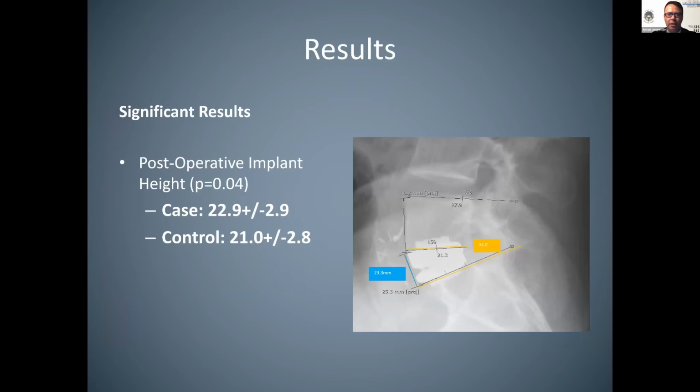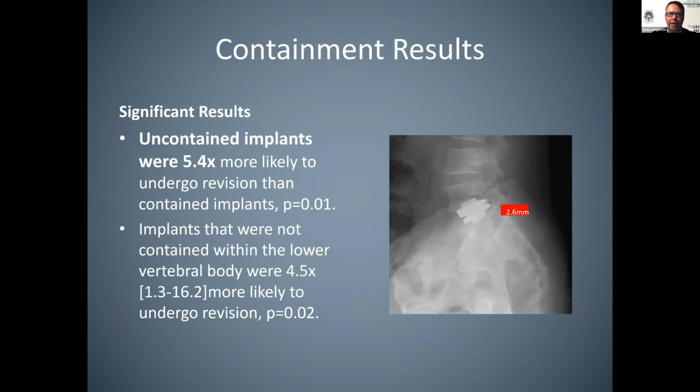With respect to our results, what we found was that overstuffing of the disc space, in other words, excessive implant disc height after placement of the implant, was associated with reoperation. The biggest factor associated with odds of reoperation was containment of the implant within the disc space. An implant that is not fully contained within the disc space had 5 times higher odds of requiring a revision surgery as compared to implants that were fully contained